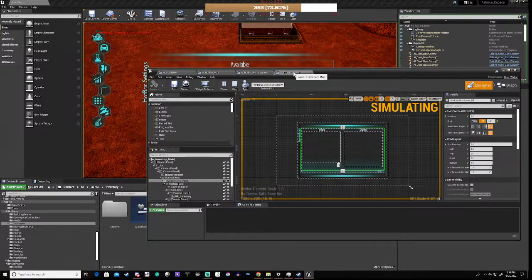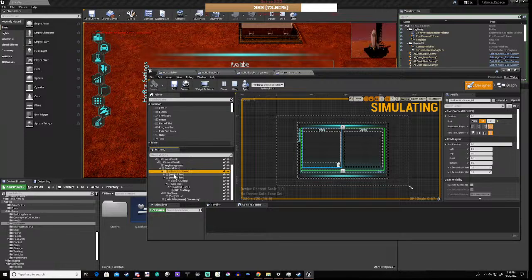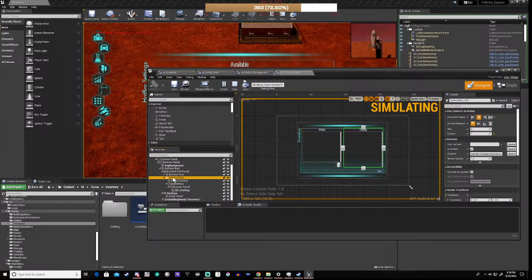It's hard. Right, so in theory I should be able to grab, well, not that vertical box, but this vertical box,